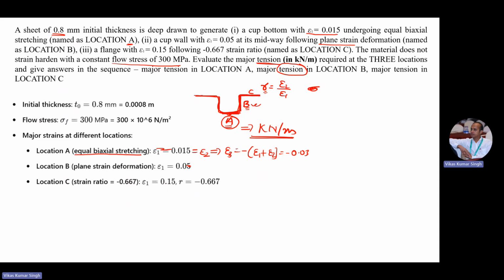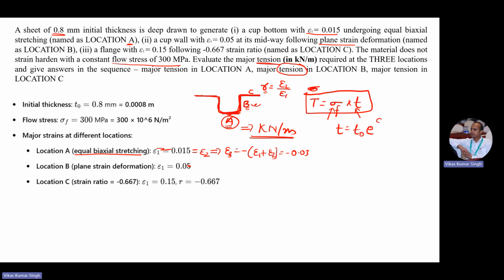I can write T. Traction value is given as effective stress or flow stress at that location into the current thickness at that location. So this will give the traction value. Now after the deformation, what is this value and what is this value? We have to find out. So at each location, T will be given as T equal to T naught